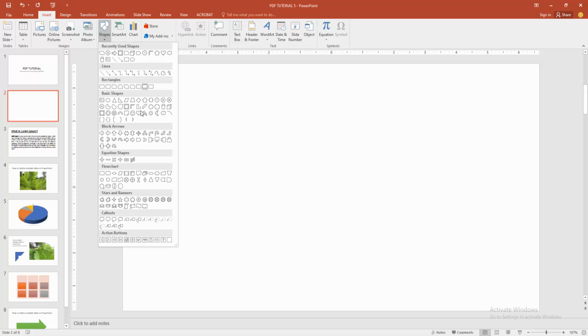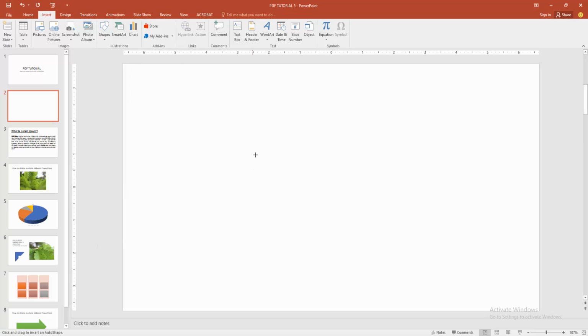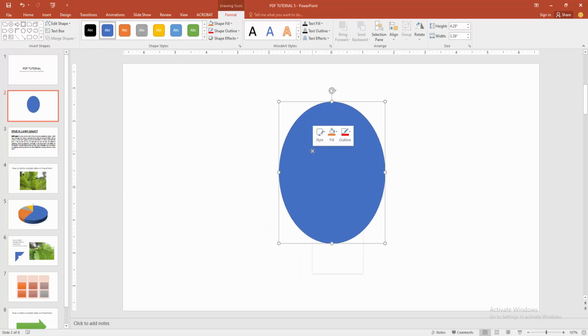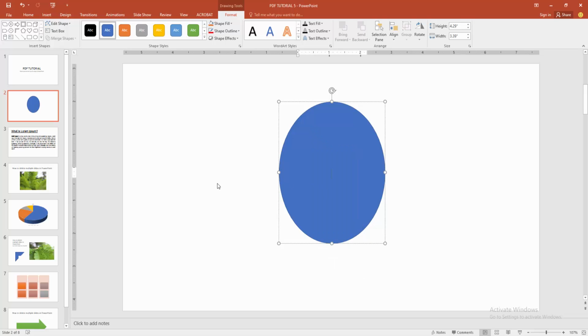Now we can see many shapes here. I select the oval shape, then draw the oval on this page. Now click the right button on this shape and select the Edit Text option, then write anything. Now I write some text,